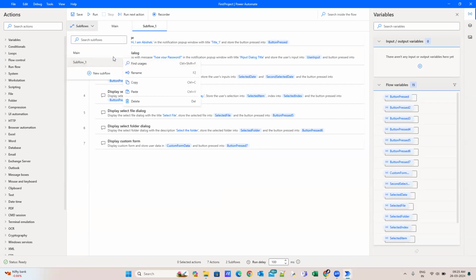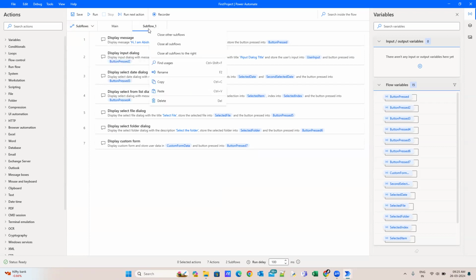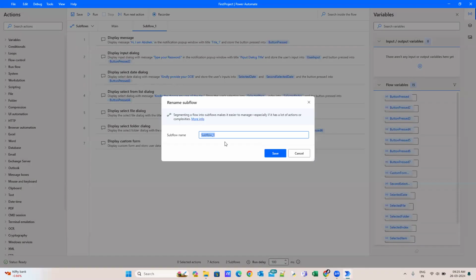So to rename this, here in subflows, we'll find the option called three dots, and in this we can rename it. Or if we right click on top of this subflow, we'll find the rename option. So in this, we can rename it as message box. And one main thing in creating a subflow is that we should not keep any spaces between any of these words. If we give one space,